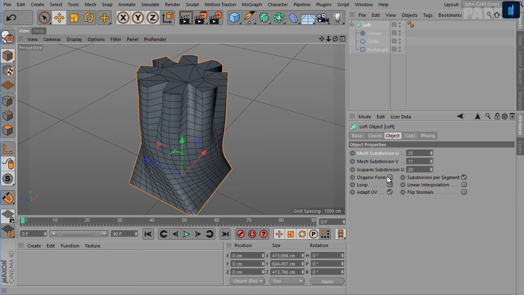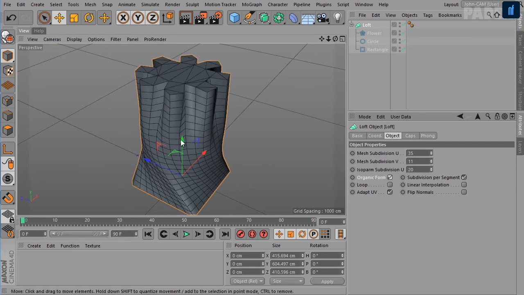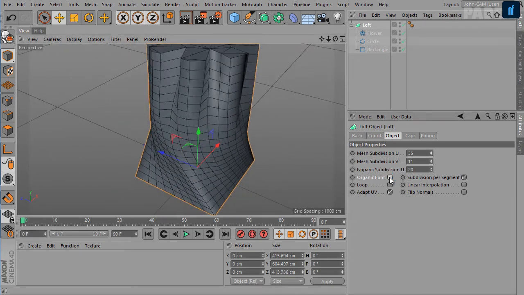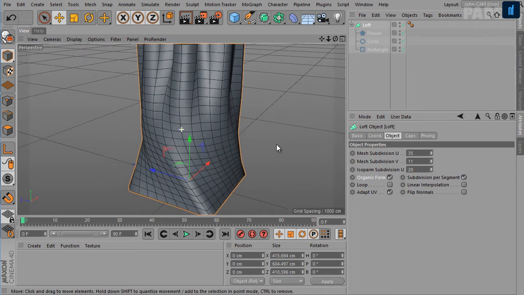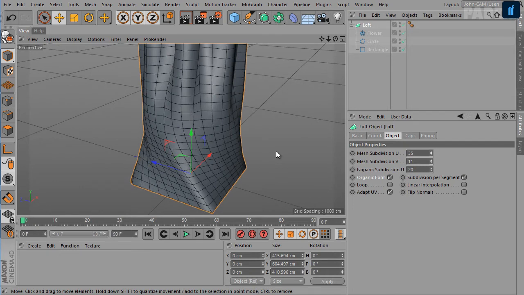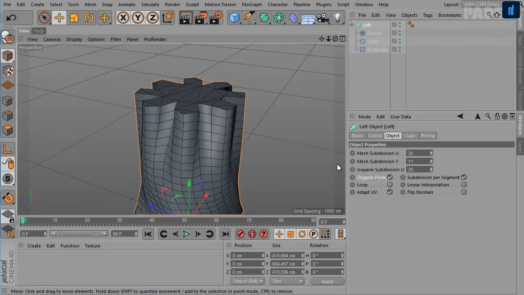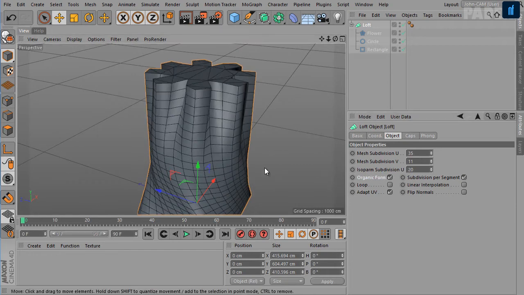But when you enable the organic form option, the loft object lines no longer pass through the spline points exactly, but maintain equal parametric distance to each other, creating a looser, more organic looking form like we can see here. So this is disabled and this is enabled.